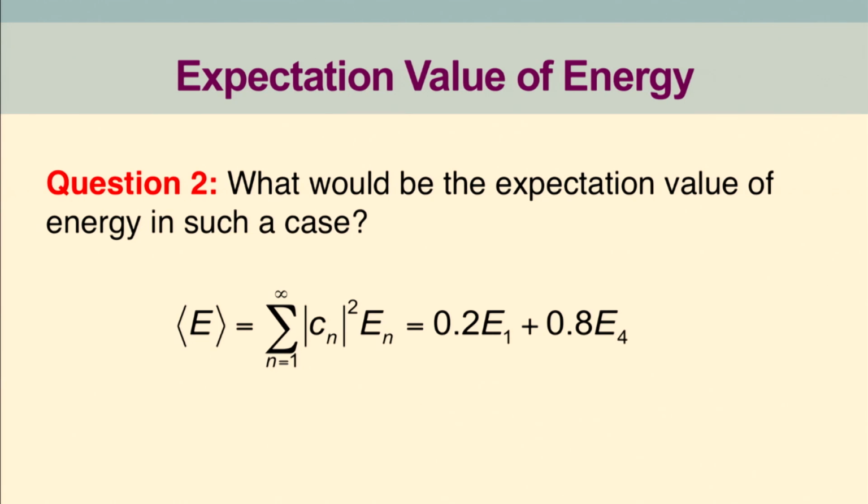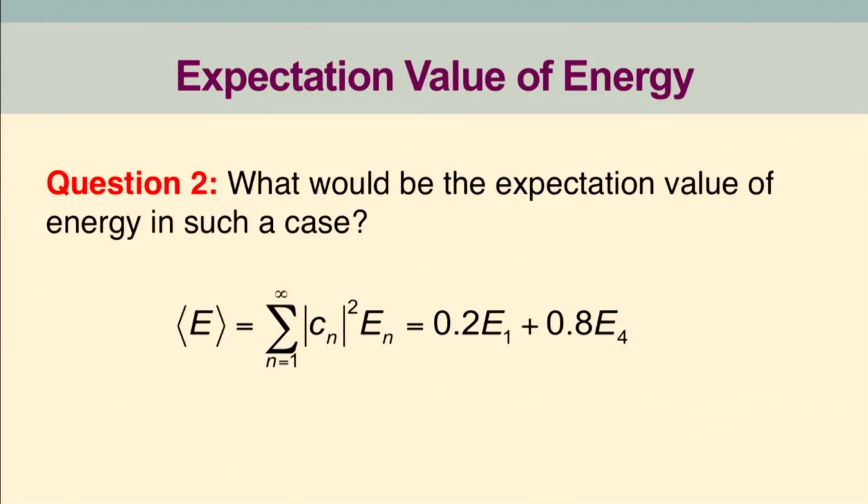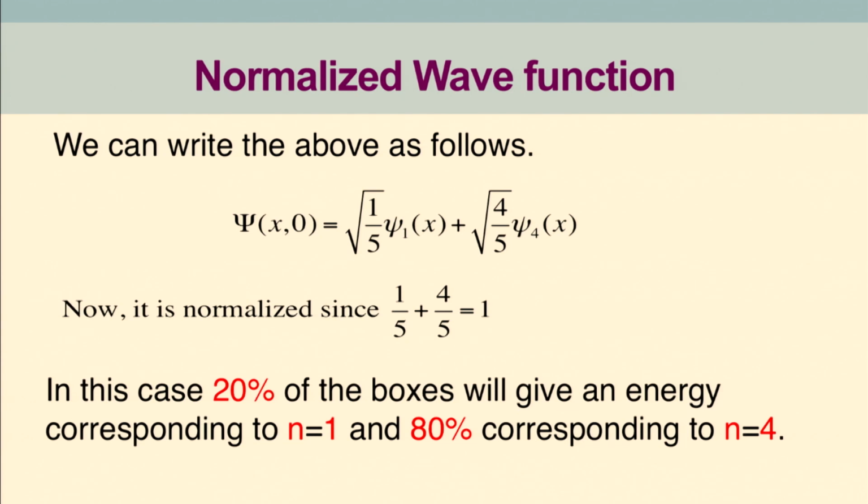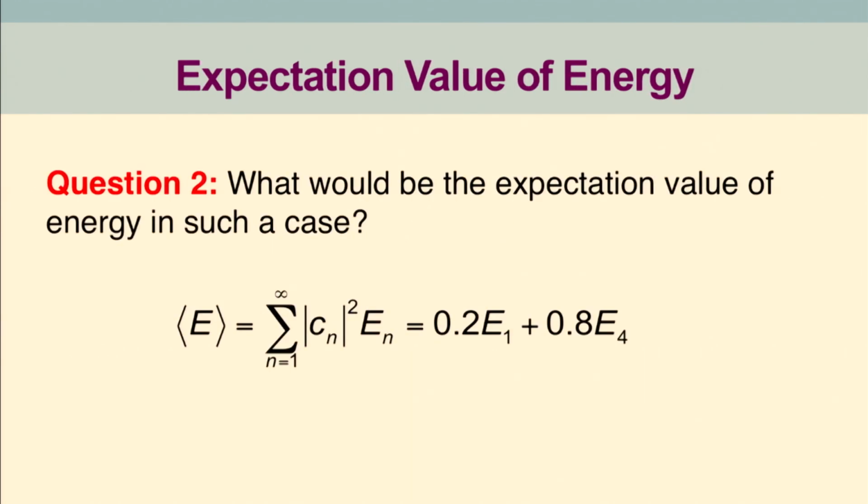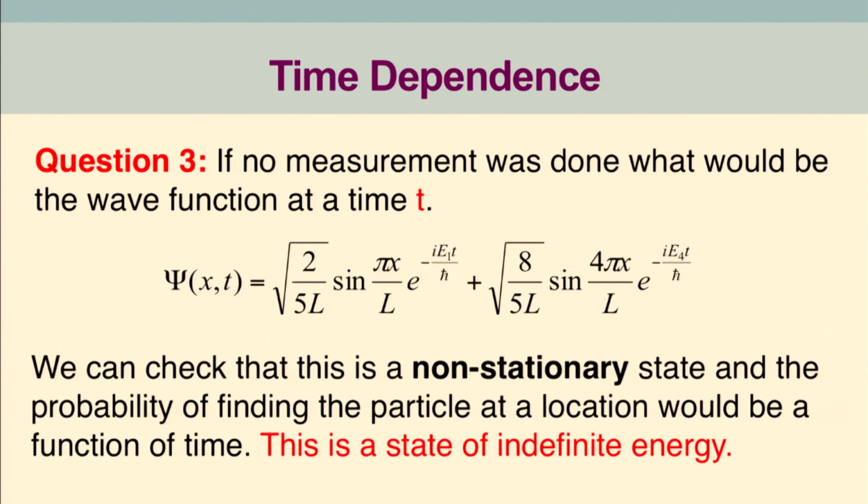What is the expectation value of the energy? If I quickly calculate the expectation value, which is nothing but expectation value psi H psi, you will see that it will come out to be something like 0.2 E1 plus 0.8 E4, something which can be easily solved, and I think you should do it yourself, but I just wrote the final answer here. The C1 square and C4 square are coming from the previous slide because we have already calculated that. So the expectation value of the energy is 0.2 E1 plus 0.8 E4. So it is a mixture of two energies.